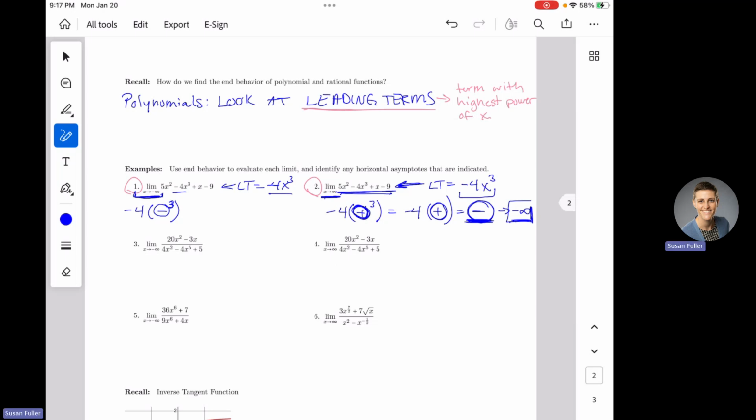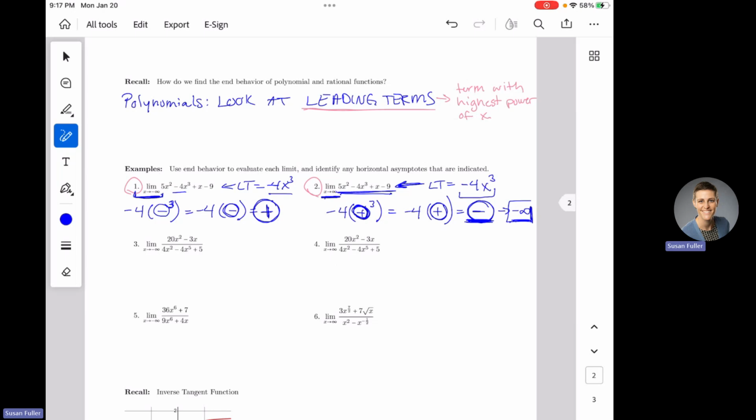What do I get when I take a huge negative number and I raise it to the third power? I'm going to have a huge negative times a huge negative, which will give me a huge positive. And then I have to multiply that by a huge negative again. I'm going to get a huge negative out of that. And then after I get that huge negative, I have to multiply by -4. When I take a huge negative and multiply by -4, what comes out? Yep, a negative times a negative gives me a huge positive number. That's what's going to come out of this.